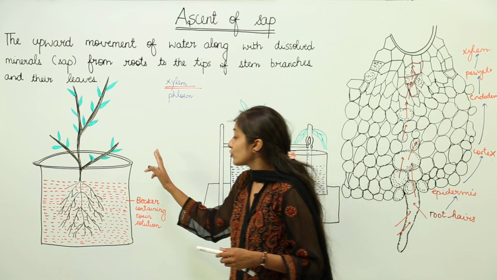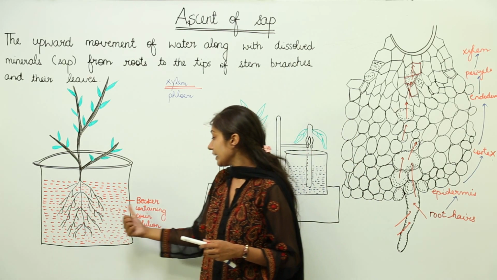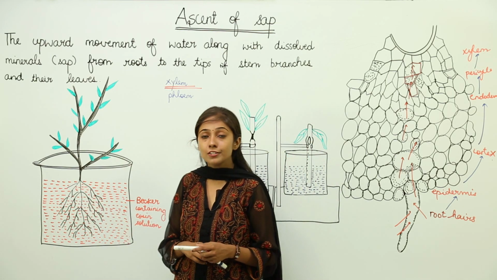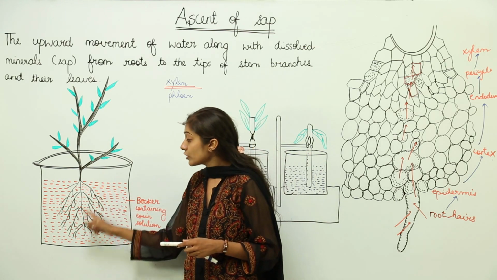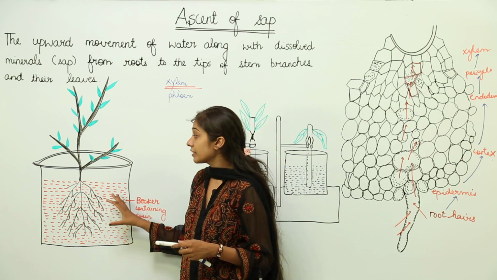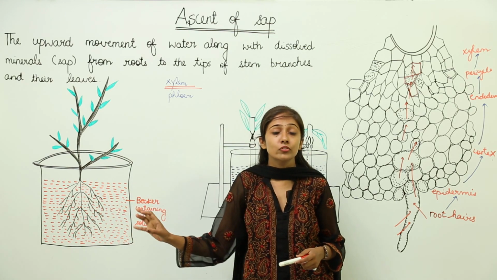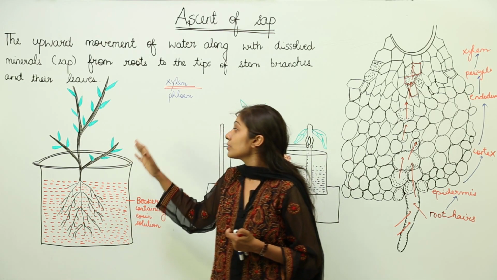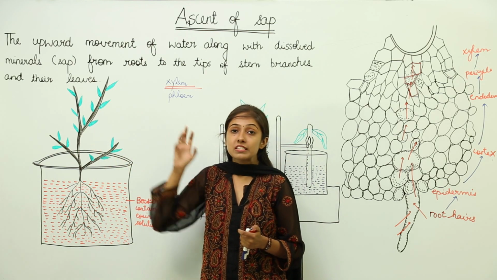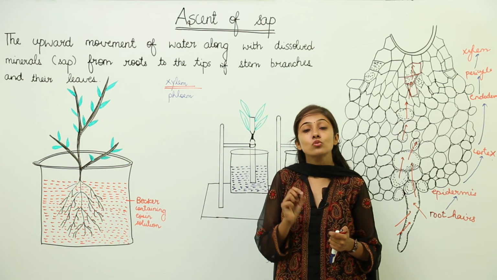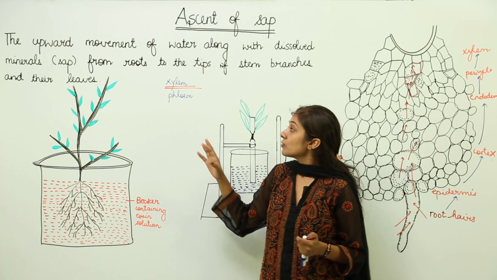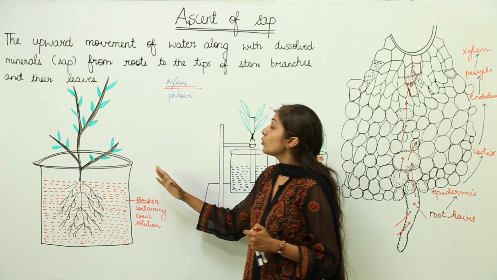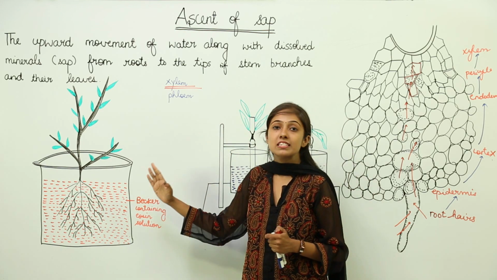So, remember, we have just taken a beaker containing eosin solution. We have put the balsam uprooted plant, in which the roots and the root hairs are intact, into this beaker. We are going to leave it undisturbed for 3 to 4 hours. After this, we are going to take the sections from the root, from the stem and from the leaves. You will see that the xylem tissue in the root, stem and leaf sections appears different. It is stained red or orange red,